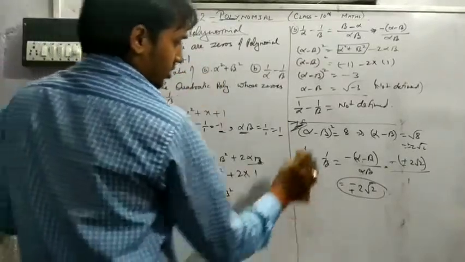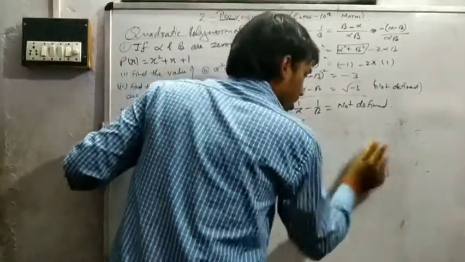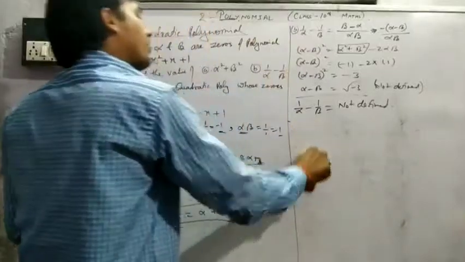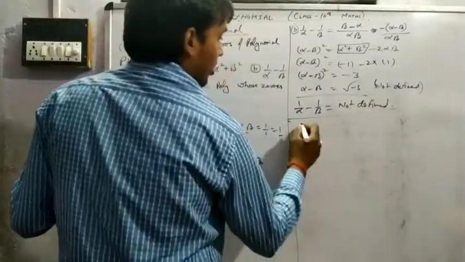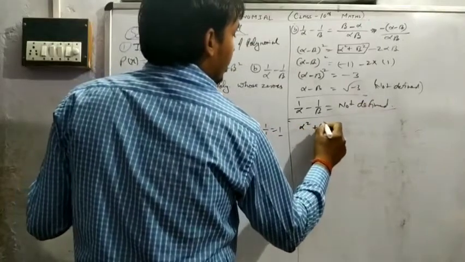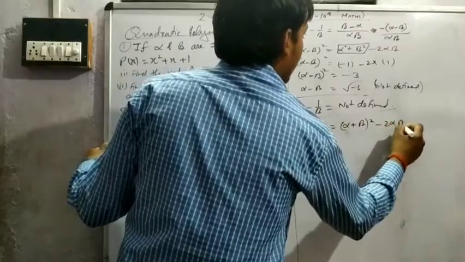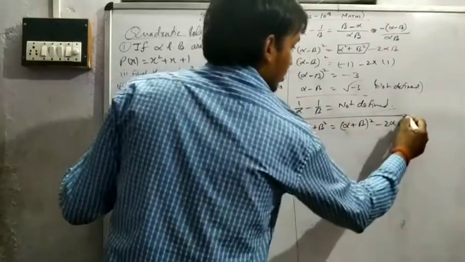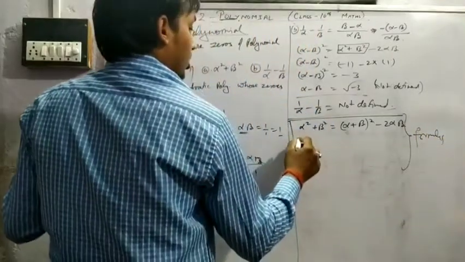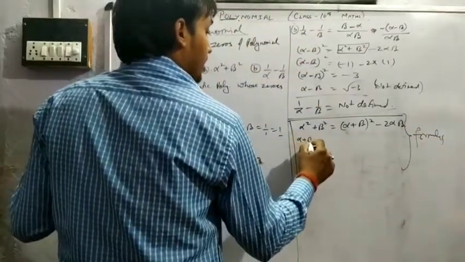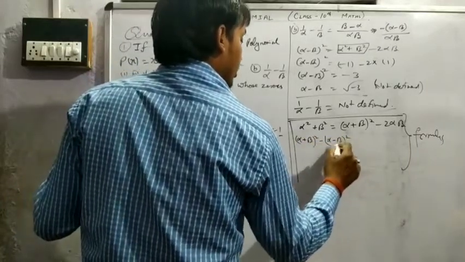So for this, it's not here, so we can rub them. But for these types of questions, we have to give the sum formula. You can find directly, just like alpha square plus beta square is equal to alpha plus beta whole square minus 2 alpha beta. Formulas. Alpha plus beta whole square minus alpha minus beta whole square.